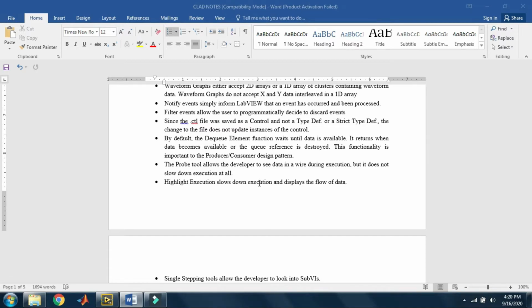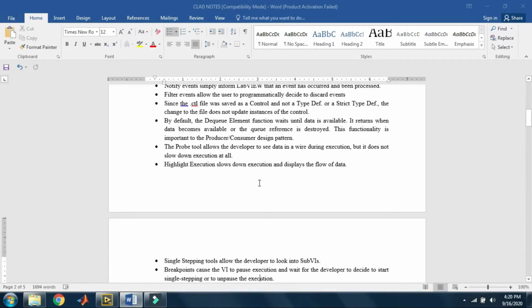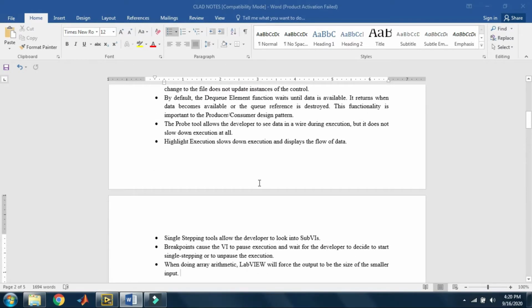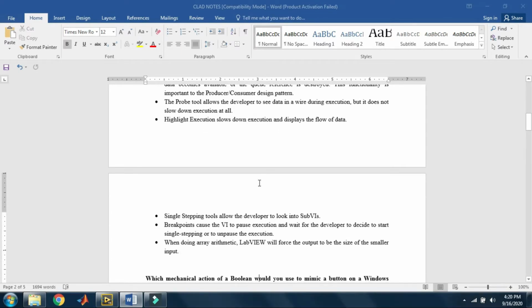Single stepping tool allows the developer to look into sub VIs. Breakpoints cause the VI to stop execution and wait for the developer to decide to start single stepping or unpause the execution. When doing array arithmetic, LabVIEW will force the output to be the size of the smaller input.